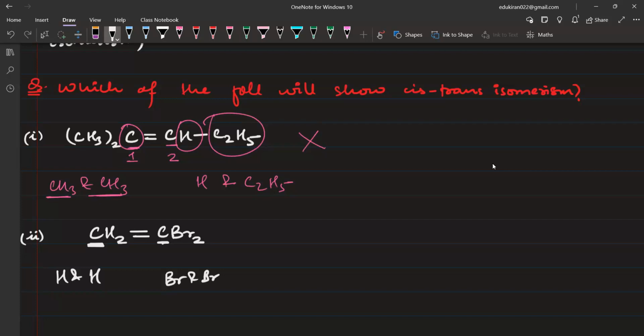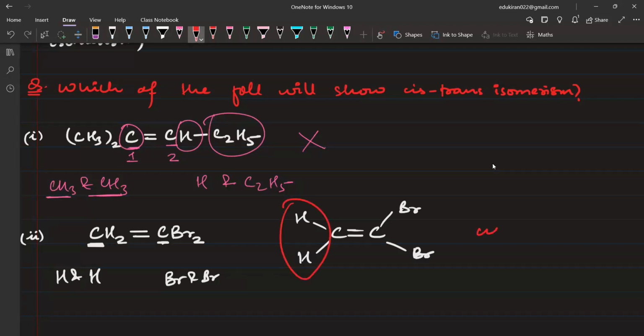ट्रांस आइसोमर्स। अब देखिए यहाँ पे ना दिक्कत क्या होती है, अगर आपको इस तरह से दे दिया रहता ना, दिस इज द सेम थिंग, करेक्ट है? Yes. अब आप लोग को ऐसे कोई कंफ्यूजन आ सकता है, हाइड्रोजन ऑन द सेम साइड, दैट इज व्हाई दिस विल बी सिस।